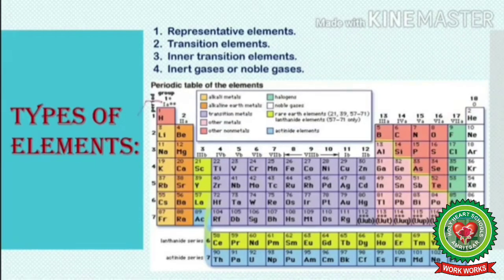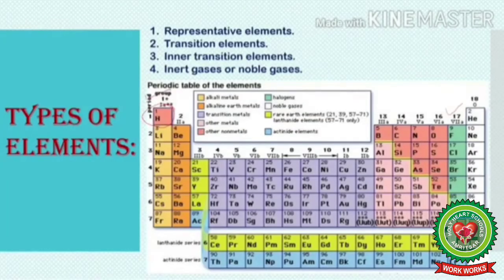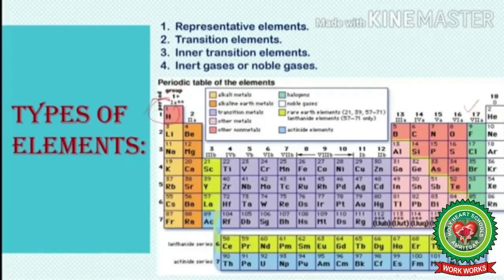The elements of group 1 are the most reactive metals except hydrogen, and elements of group 17, that is halogens, are the most reactive non-metals. Their closeness to group 0, that is noble gases, makes them very reactive. They can easily achieve a noble gas electron structure. Halogens can gain or share an electron, while group 1A, that is alkali metals, can lose an electron to achieve a noble gas electron arrangement.